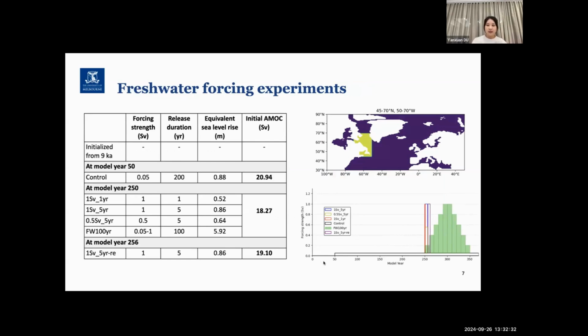And then at model year 50, we added freshwater forcing, the background freshwater forcing of 0.05 Sverdrup, into the Labrador Sea, this yellow box here, to simulate a small and continuous flux of meltwater from the Laurentide ice sheet prior to the lake outburst. And this is also following the Peltier protocols. So after 200 years of the control,